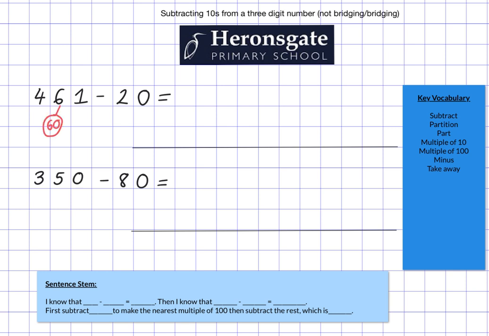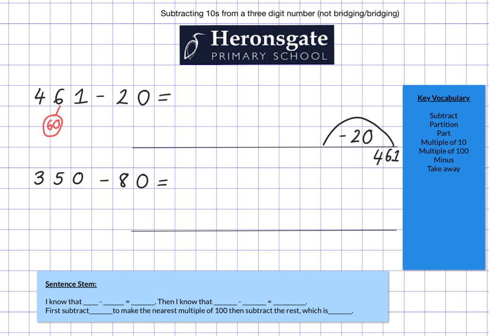So I know that 6 minus 2 equals 4. That's a number fact I've learned in year 1. So then that helps me to know that 60 take away 20 is 40. So when I do this on the number line, I've got 461. I take away the 20 in one chunk, but I know that all I have to think about is that